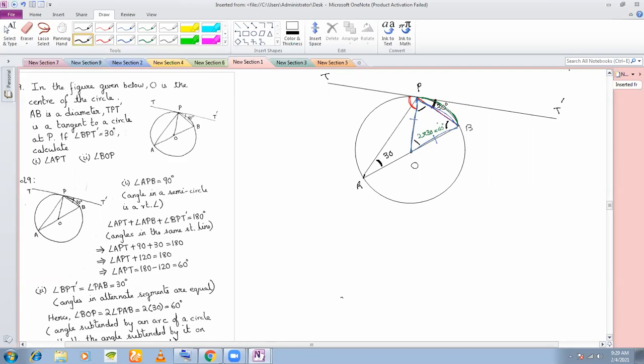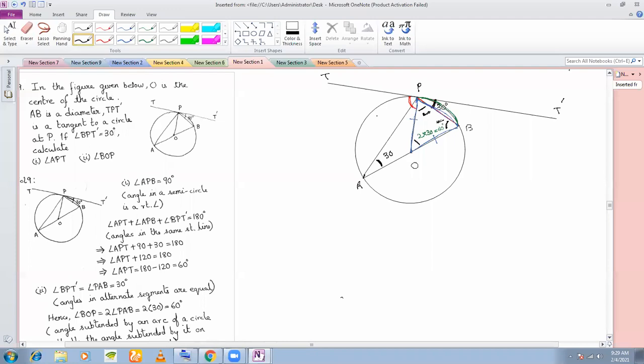If these two angles are equal, and if you know the third angle, then you can obviously find out these two angles, right? Once you find out these two angles, you can find out this unknown red angle, because they are angles on the same straight line. Sir, I have a question.